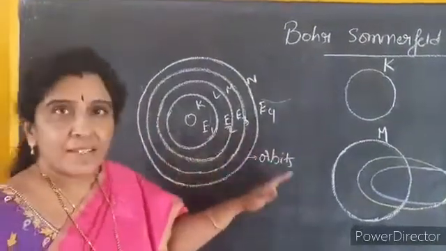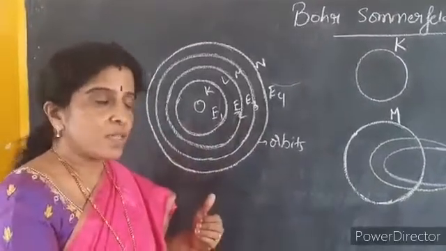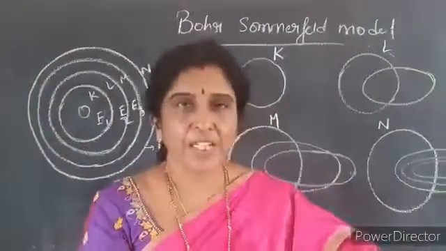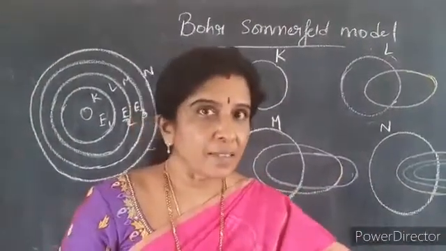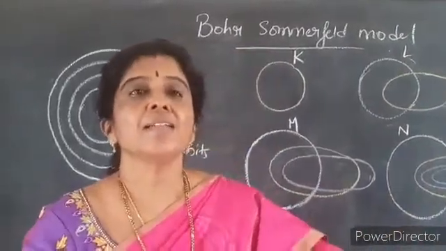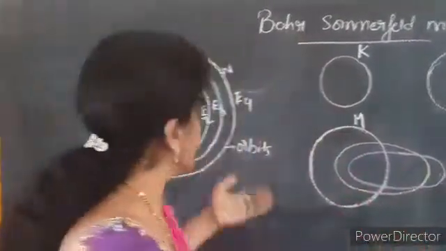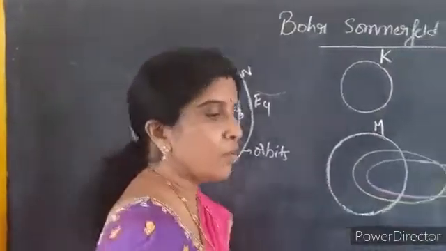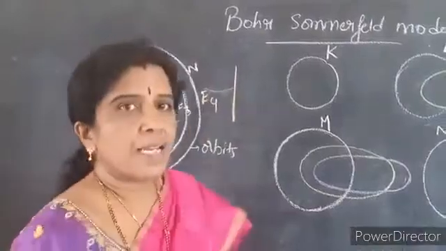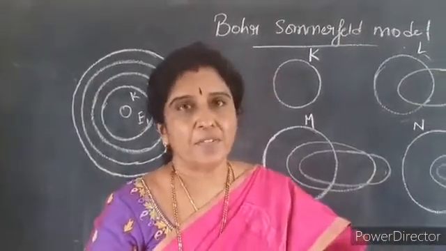So when is the energy emitted out, or when is the energy absorbed by the electrons? Suppose if electron jumps from lower state to higher state, energy is absorbed. On the other hand, when the electron falls from higher state to lower state, energy is given out or emitted out. And when the energy is lost, it is lost in the form of a line, which we call line spectrum. So this is what we have already learned in the previous class.